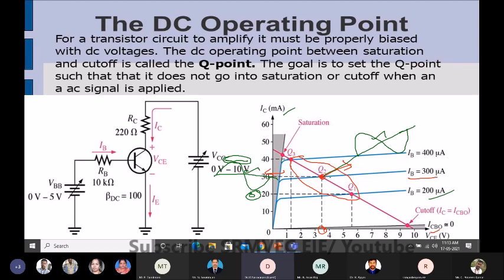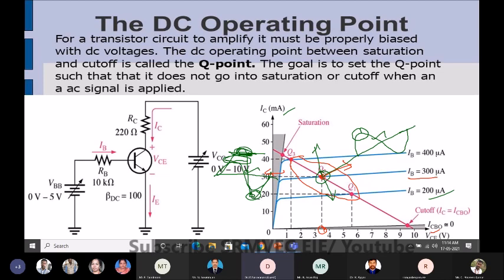So what is the need now? This operating point must not go here or go here. If it goes up, what happens? If it is like this, then what happens? This part will become constant, it will not change with respect to the input. A constant output will be there, but there is a change in the input. So amplification means the waveform must not be affected. Only the signal strength has to be amplified. Okay. So here the waveform is distorted.